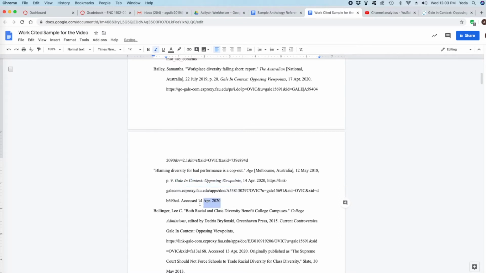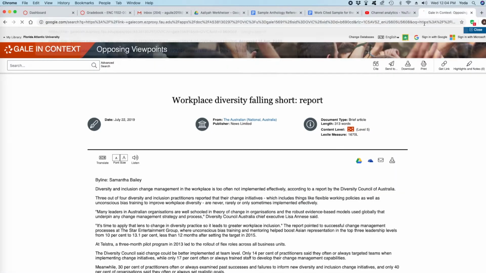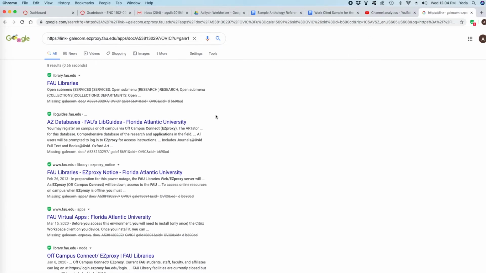Now you guys can start to see why they want to verify your research. Sometimes they want to verify your research not to see if you're plagiarizing, but because they want to check out that article themselves. A lot of times your teachers are going to rely on you for research, and it's still not bringing it up.